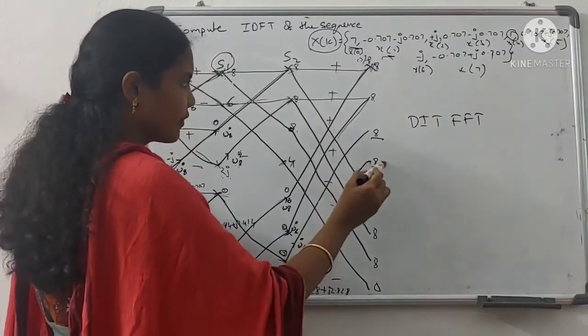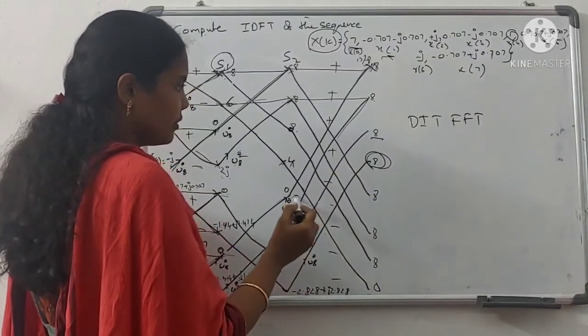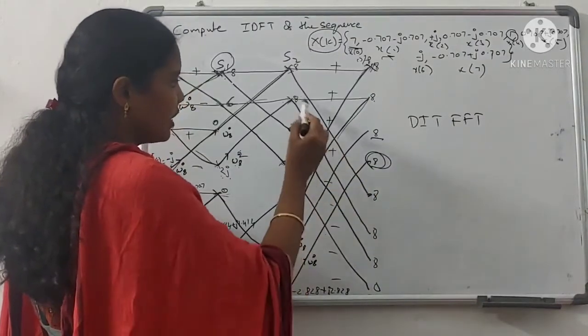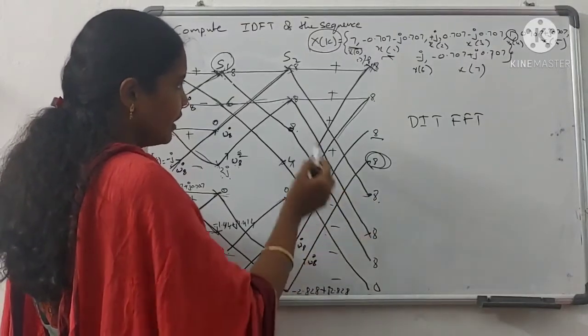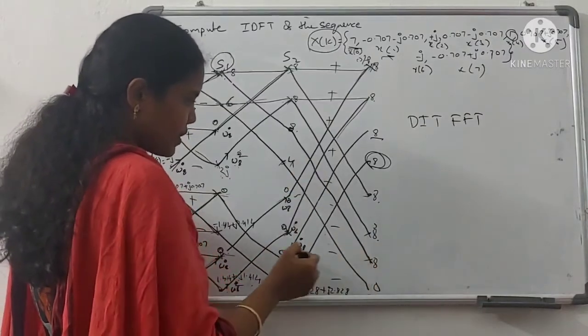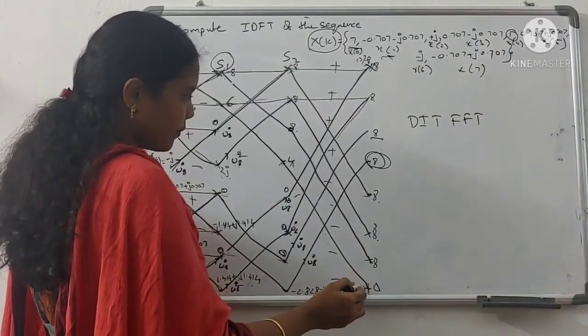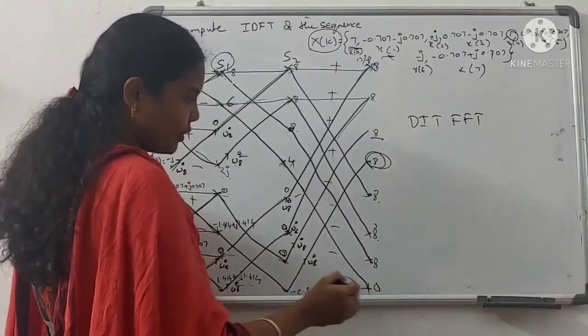You are getting as 0. Okay, so in the same way, here the value is 8 plus 0, 8, and here 8 plus 0, 8, here 8 plus 0, 8, here one value is 4 minus of this value,